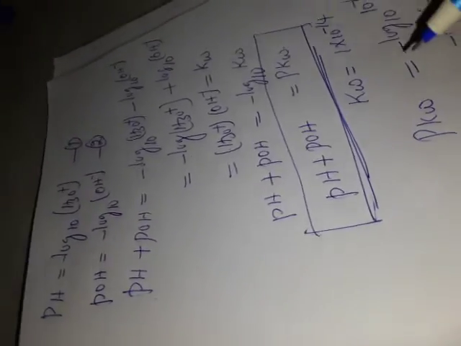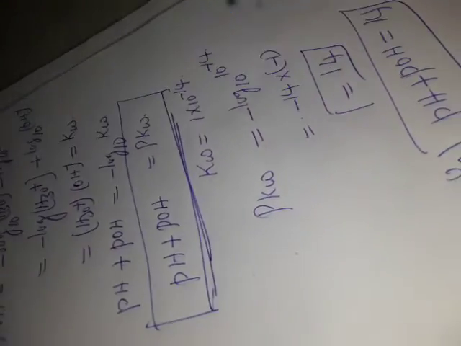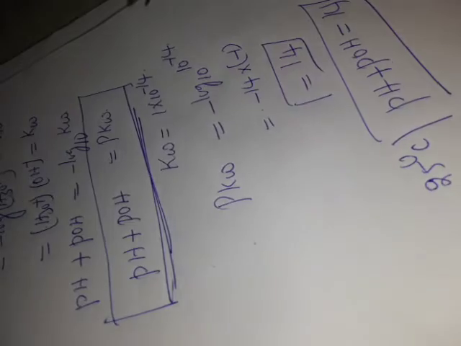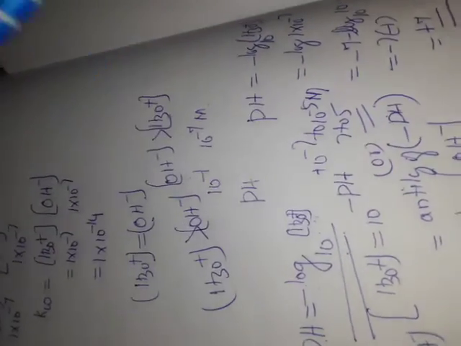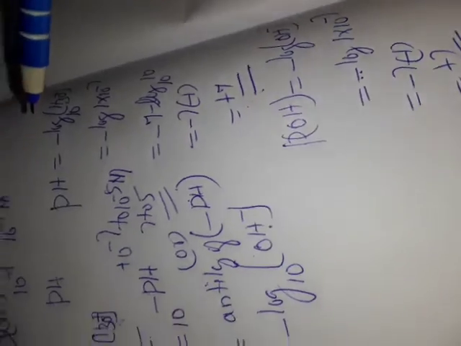This derivation is very important, asked for 3 marks. What is the relationship between pH and pOH? It is given clearly in the book, page numbers 9 and 10. The pH scale also you have to learn. What is pH, what is pOH, what is the value of pH at 25 degrees Celsius, what is the value of pOH at 25 degrees Celsius. Everything is given clearly in page numbers 8, 9 and 10.